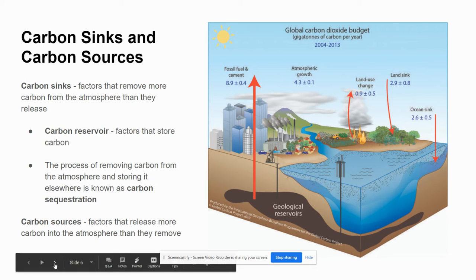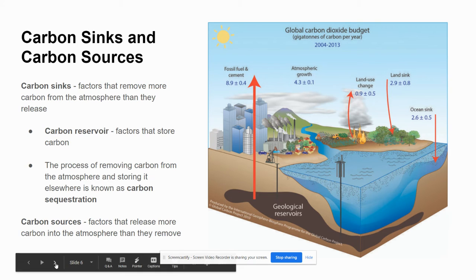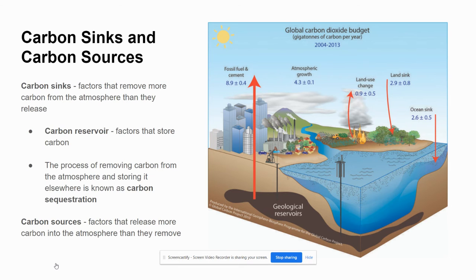Carbon sources are the factors that release more carbon into the atmosphere than they remove. So basically, the carbon keeps on going back and forth from the carbon sink to the sources, and that is basically causing the entire carbon cycle. So our main goal as humans is to keep more carbon in the sink than is being released